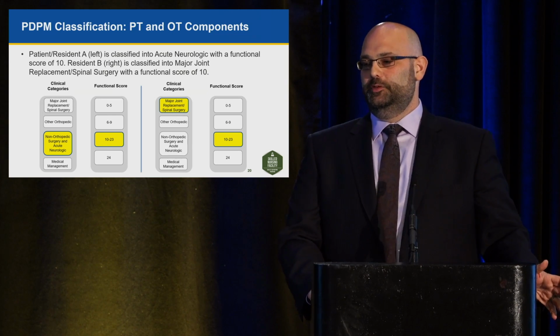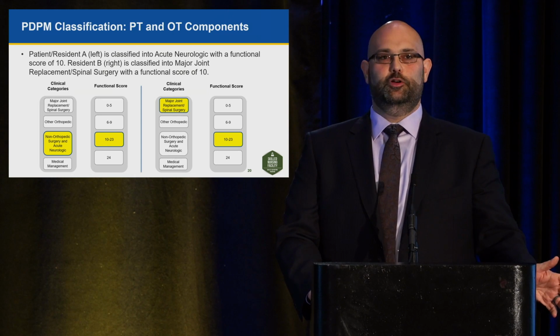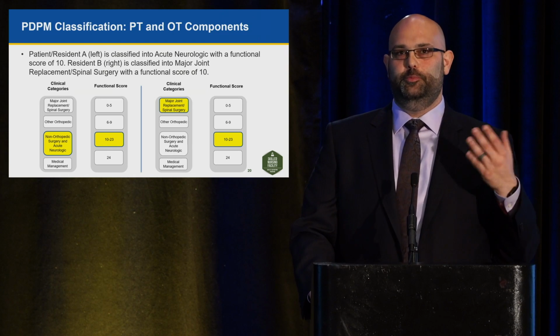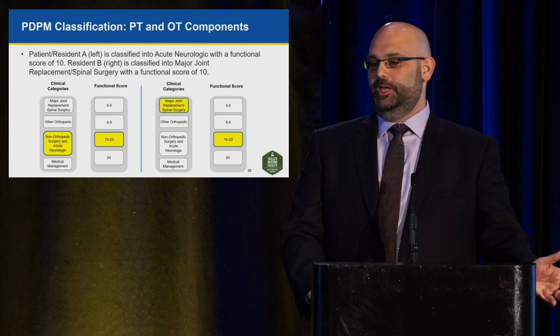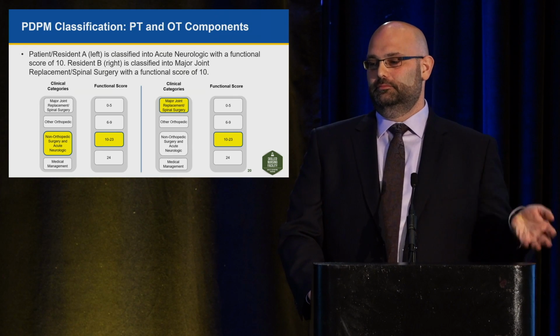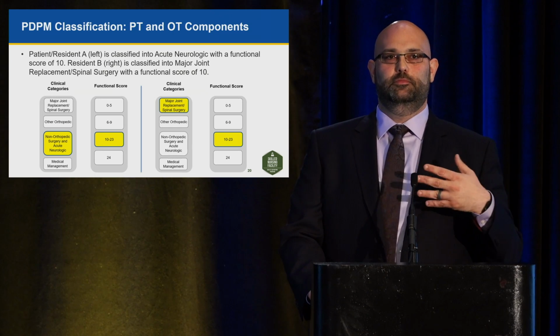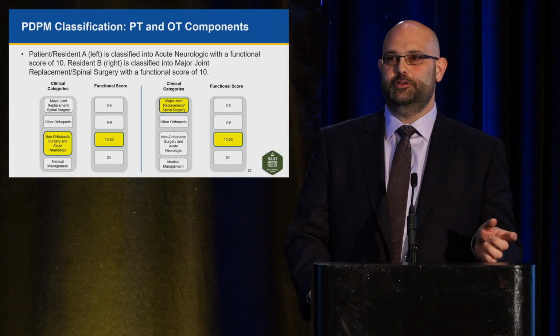So patient A, who's depicted on the left, had an acute neurologic condition and a functional score of 10. So you can see that they go into the non-orthopedic surgery, not acute neurologic group, and then the 10 to 23 functional score bin. Patient or resident B, who's depicted on the right, had a major joint replacement spinal surgery group and a functional score of 10. Again, already you can see that under PDPM you're getting a different classification for these two patients as compared to